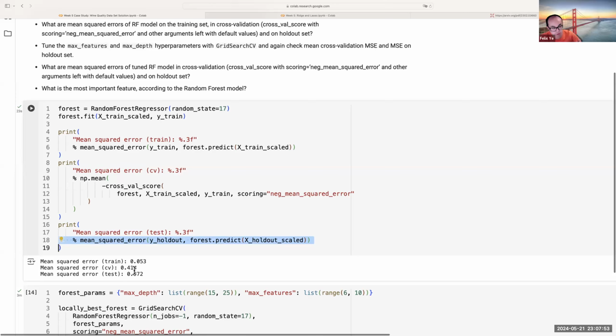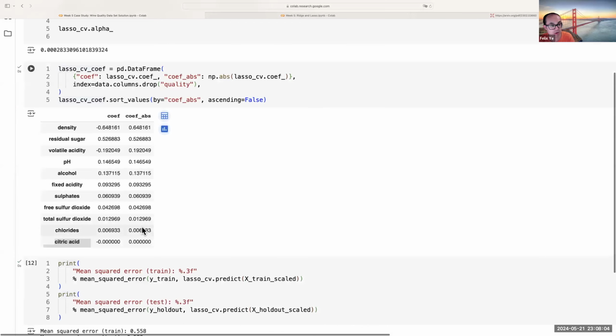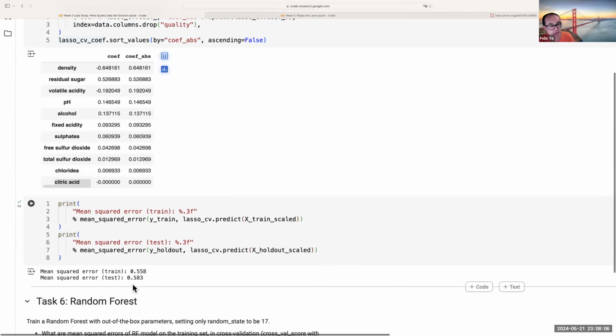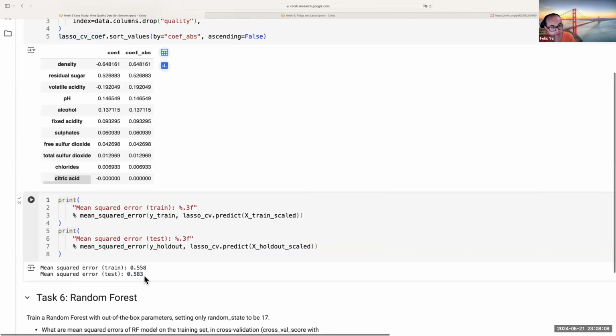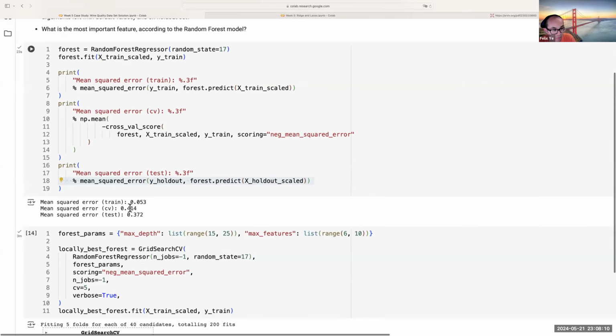So you can see these two are both pretty big compared to the training. But of course, this error is still significantly smaller than the lassos and the least squares, which is 0.58 here. So yes, random forest is improving, but we might see an overfitting problem here, because you can see right here,